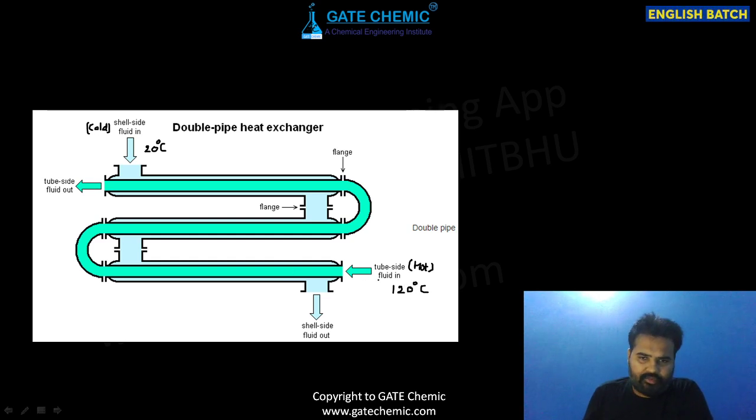Inside the tube, the 120 after some time, after losing some heat, the temperature is approaching 110 degrees Celsius. After some more distance, it is now 100 degrees Celsius. This side maybe 95, then 84, then 75, then 67 degrees Celsius. And here at the exit it may be 55 degrees Celsius. I am giving just a typical value, beta.